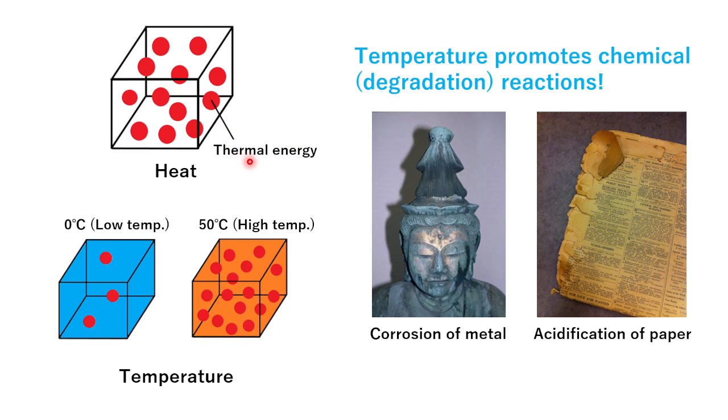But temperature is an easy-to-understand numerical representation of the amount of heat possessed by the object. As a result, temperature is closely related to chemical reactions because higher temperatures contribute more energy. Conversely, simply keep the temperature and humidity as low as possible to reduce the probability of a chemical reaction. Therefore, low temperatures are clearly desirable to preserve the object in good condition.